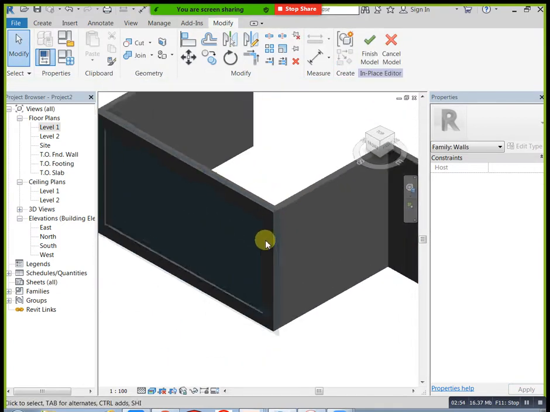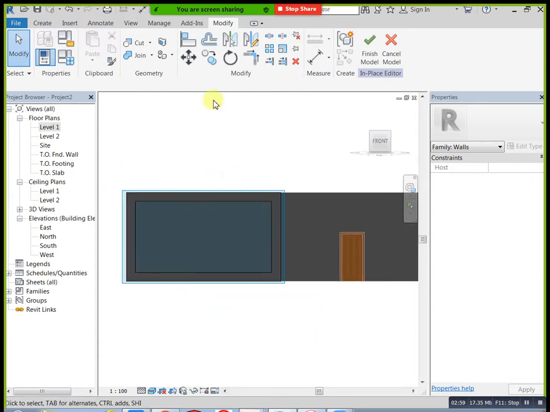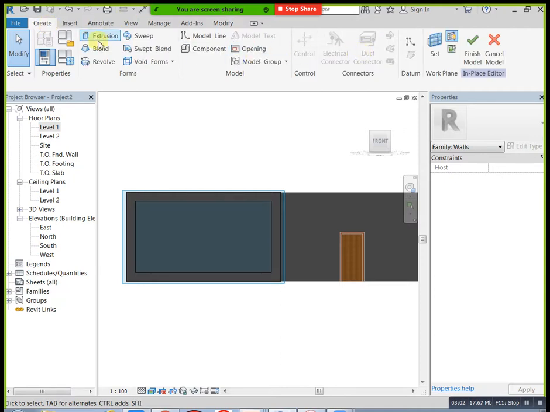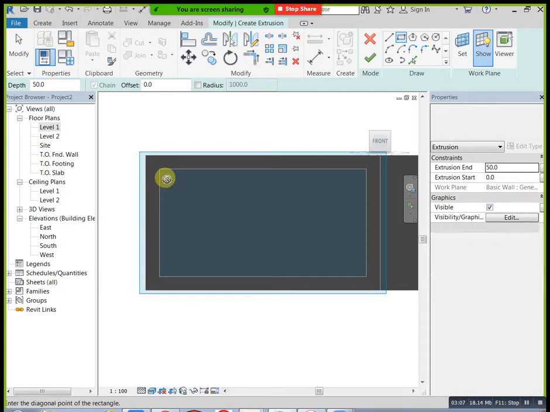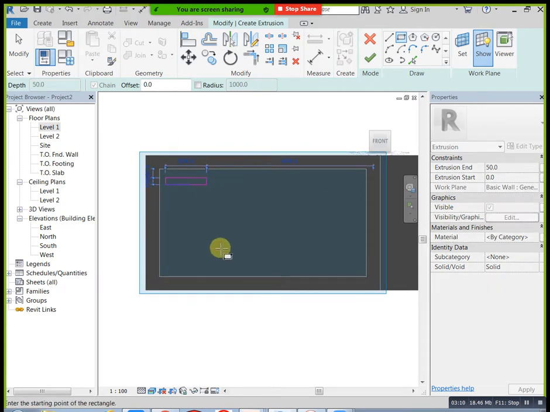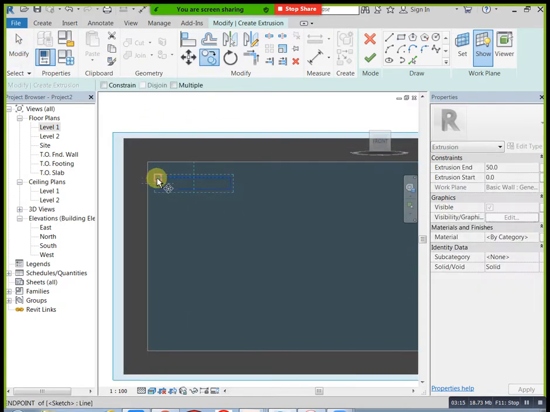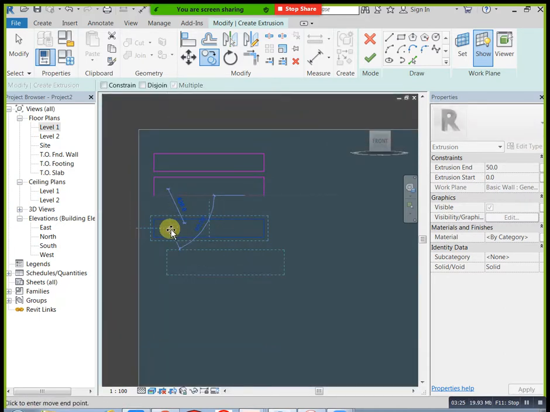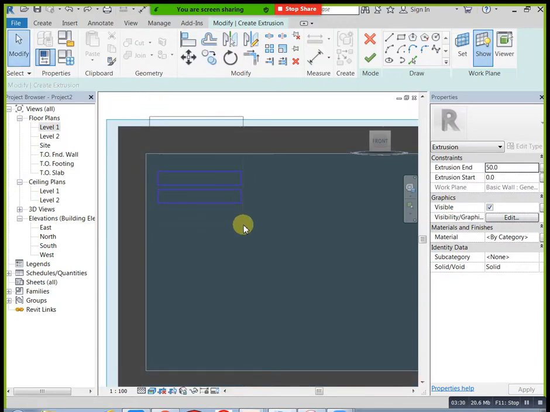Here I need to apply some more designs. Go to front. Now you can apply extrusion, exactly from here to here. Select this one and do copy, multiple. Sorry, come back, select all of this and do copy.